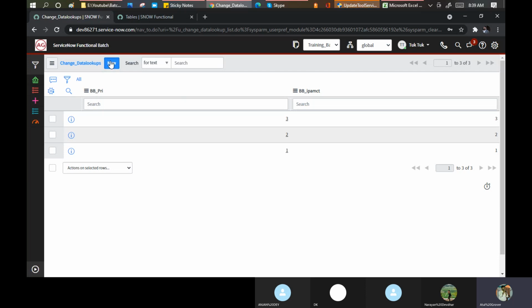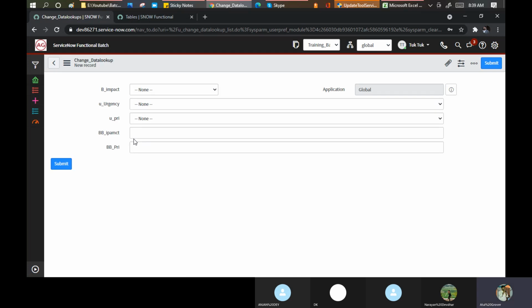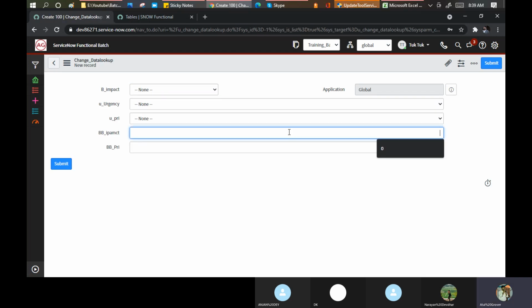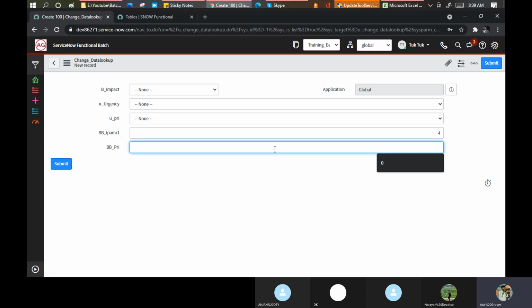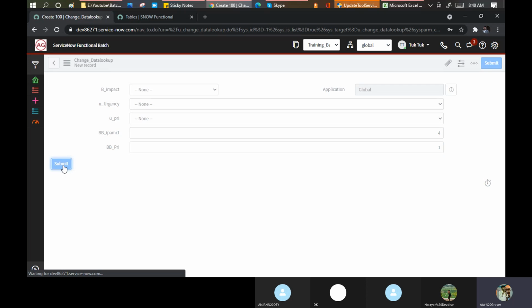If I click on new here, and put the impact as a 4, because I am using an integer, it means I can put 45 as well, 46, 100, 200 as well. But those values should exist in the system. So let me put impact 4, priority 1, and click on submit here.